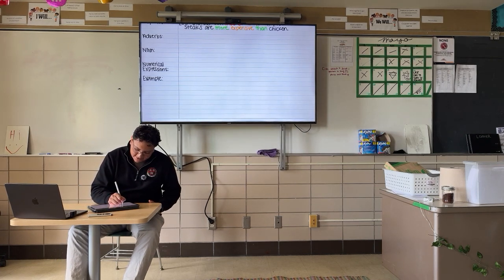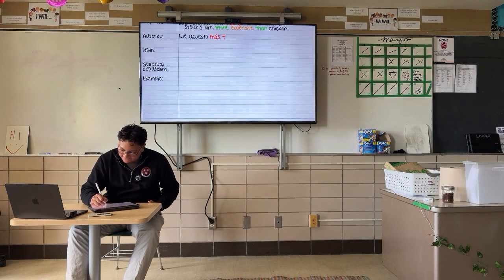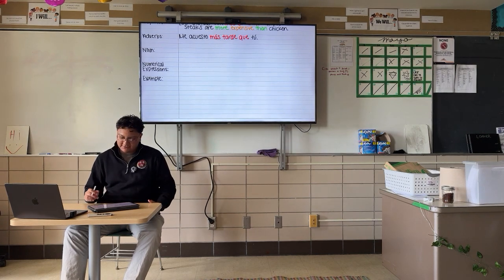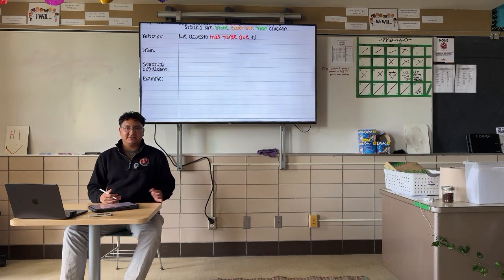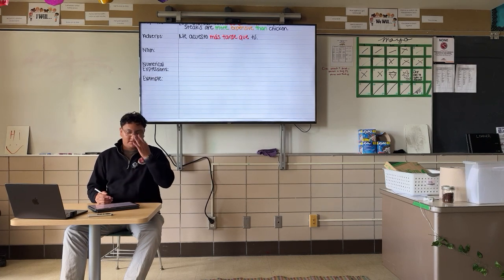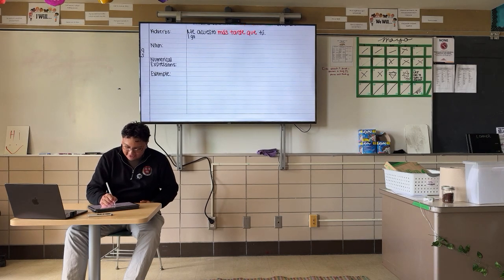So, ready? Me acuesto. I'll use red again. Más, accent over the A. Tarde. Que. Go back to black. Tú, accent over the U with a period. So, let's see. Me is one of our known pronouns, right? Meaning that the action is happening to us. Me acuesto. You remember what that means? If you said, I go to bed early, or I go to bed